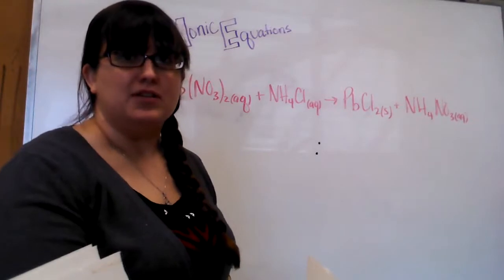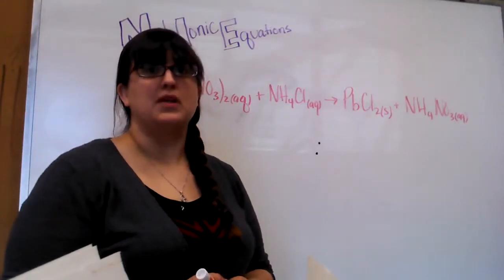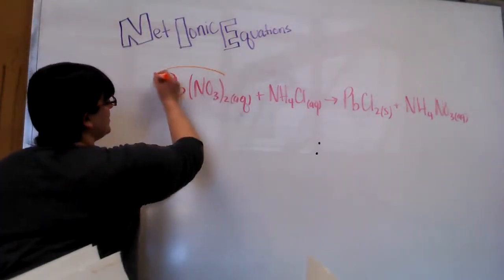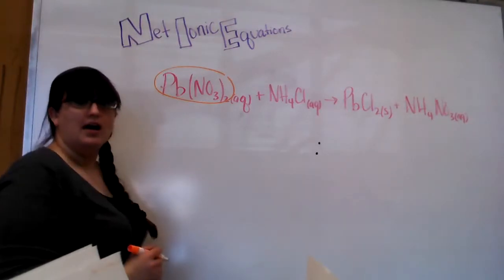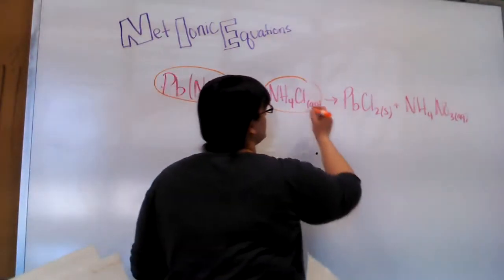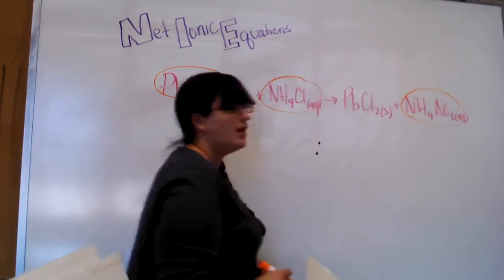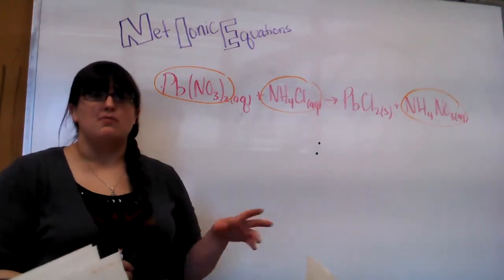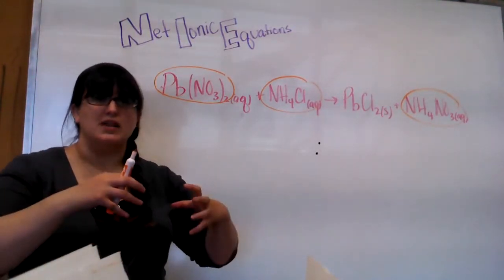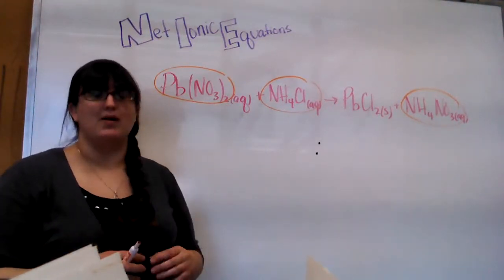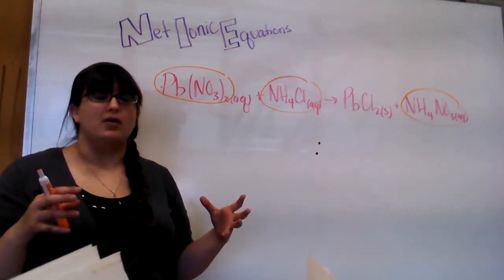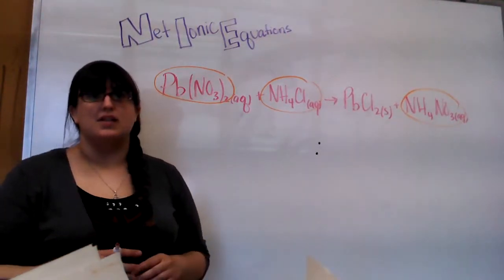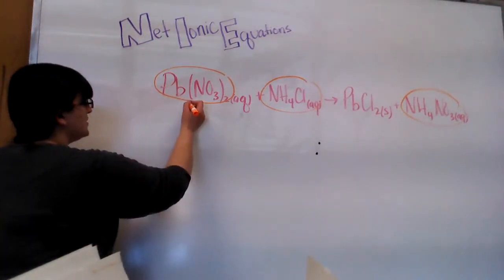So the first step that we have to do is write this as a complete ionic reaction. So that means we take everything that is aqueous and we break it down into its ions. Because remember, when we're dissolving something, we're basically pulling it apart. So we're putting it in water, and the positive parts of the water molecules are really hungrily attacking the anion, the negative part, and the negative part of the water molecule is really hungrily attacking the cation, which in this case is the lead. So this will break down into